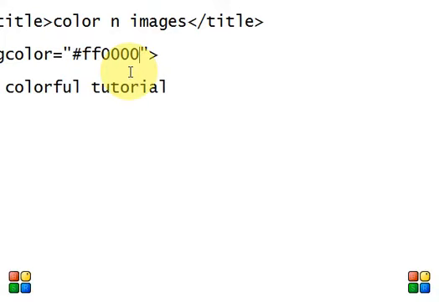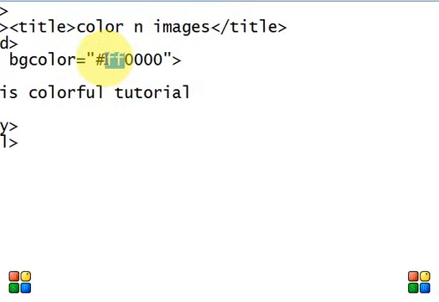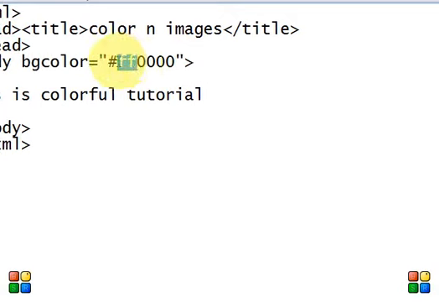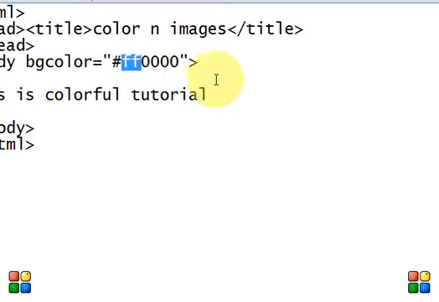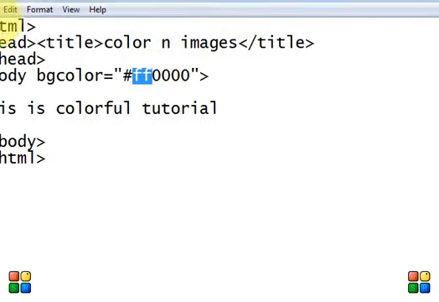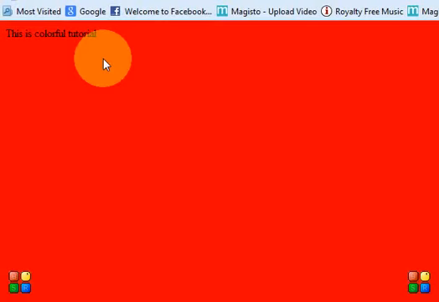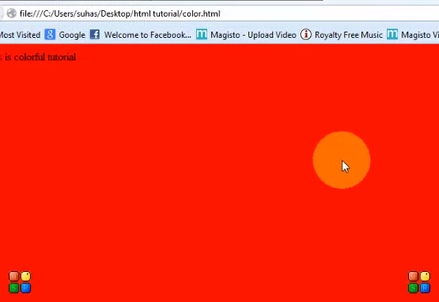This is a red color, where we are putting R, G and B. G and B, that is green and blue, have a 0 value, and red has the highest value, so we will get the color red. Save the file, go to the browser and press F5. This is red. This is all about the hexadecimal representation of color.